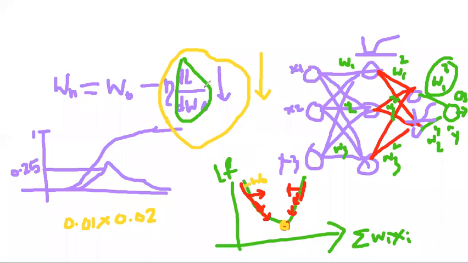Whereas if you use the sigmoid activation function, we are updating the weights by very small values. Every time we are moving by very small values. What happens in such cases? To move to this location, it will take a lot of epochs. If the update is a very small value, to reduce this cost function, it will take more and more iterations. This is called the vanishing gradient problem.